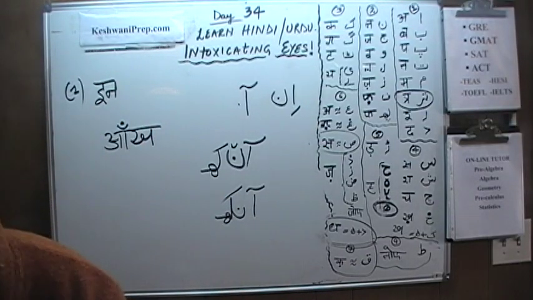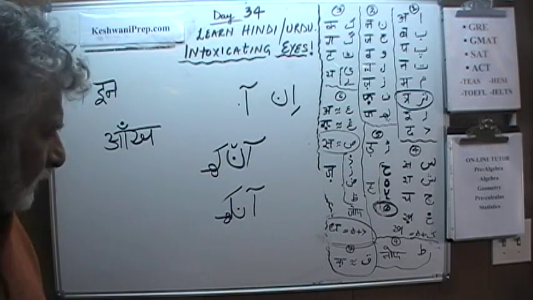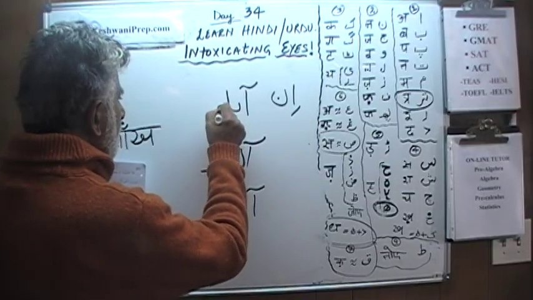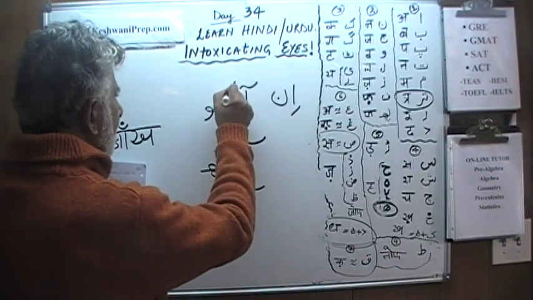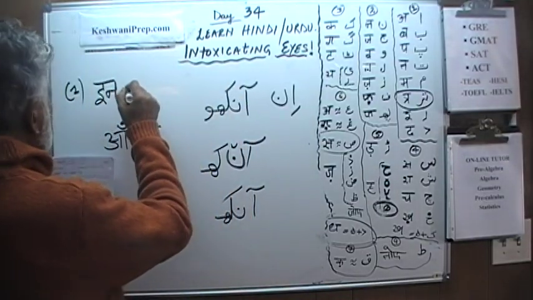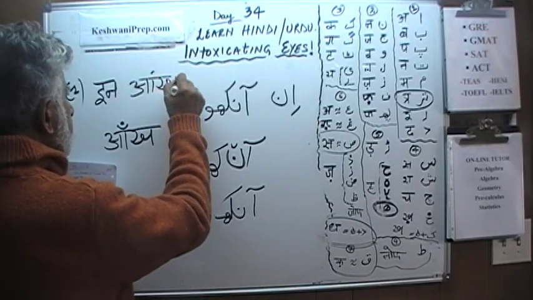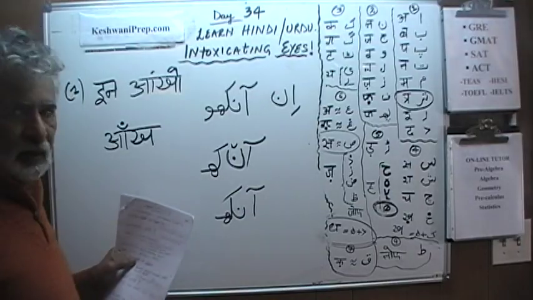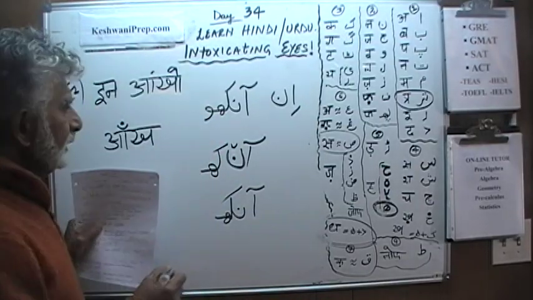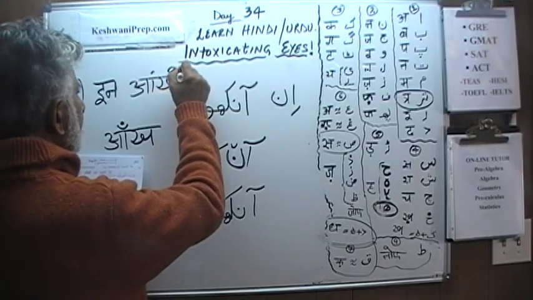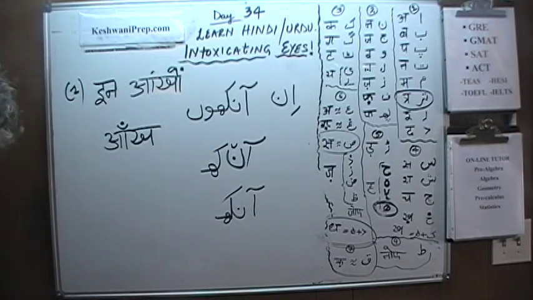What we're looking for is aankhon, plural. Aankh, and then a vowel. That gives us a kho. That's an oki matra. The vowel gives us the oki matra. And then is the nun gunna, so you put a dot. In aankhon,